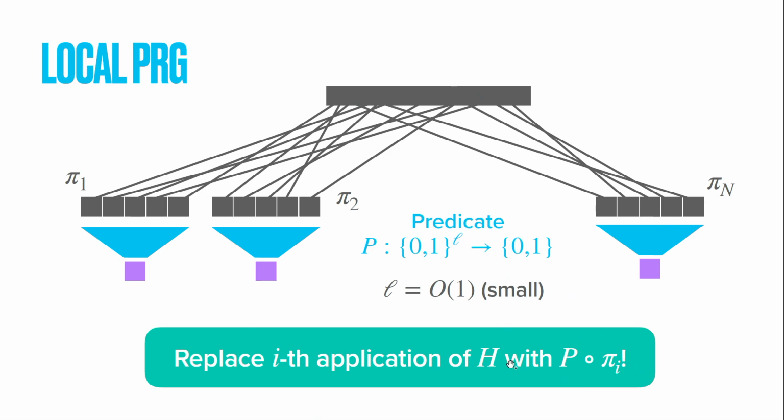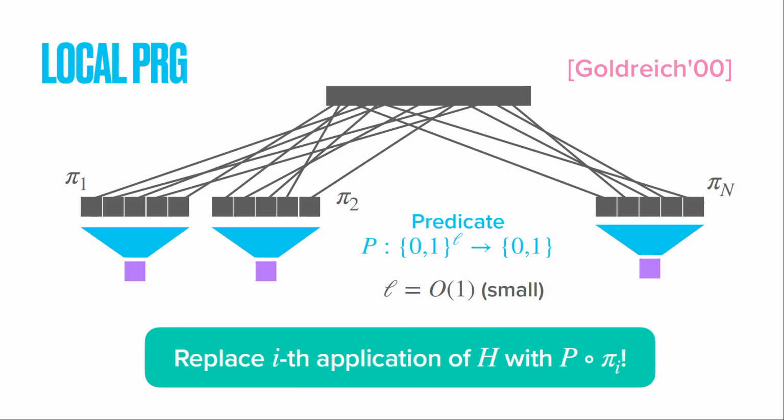So this is now a computation which only depends on L bits rather than on kappa. So we could hope to have some sort of constant size computational overhead for each step. I should also mention that the idea of a local PRG dates back to Goldreich in 2000. It's been a very well studied assumption for many years now. There are lots of interesting works about how to construct these things and what sort of stretch you can hope